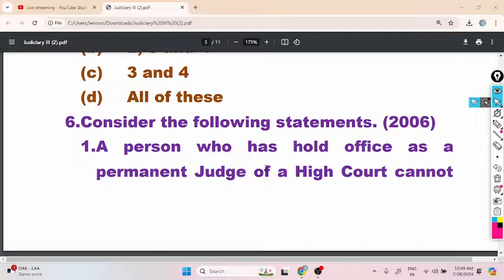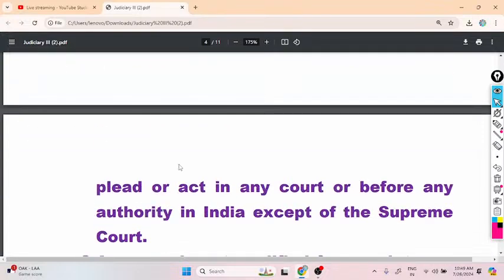So that means he can practice in other High Courts and the Supreme Court. But the statement says that he cannot plead or act in any court or before any authority in India except the Supreme Court. No, that statement is incorrect. The 7th Constitutional Amendment Act provided this,